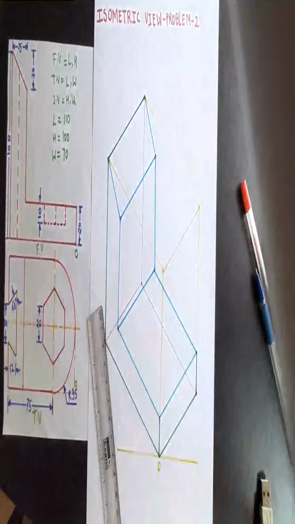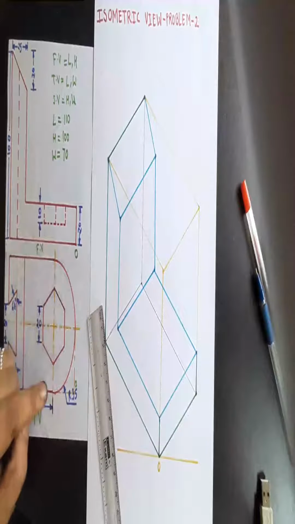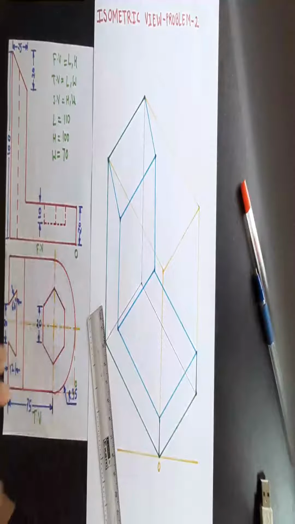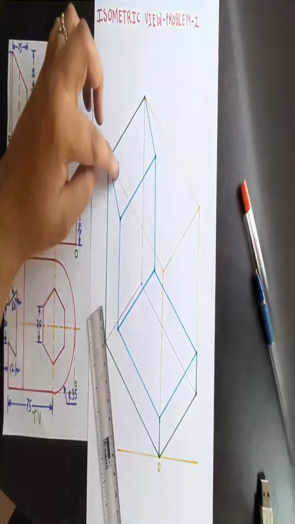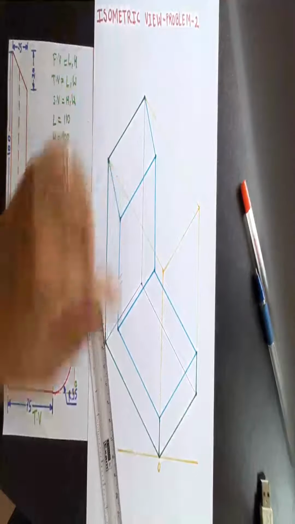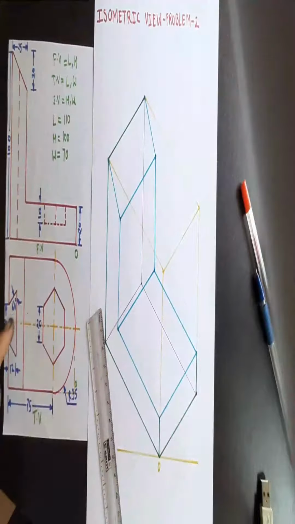From this diagram you can imagine a little bit what type of object is there. There are a few differences of course, like this slot as well as this one as well as this curve. So we are supposed to complete them one by one. So let's start with this slot. Now in this slot you can see that the angle given here is 60 degrees. Now let me tell you one thing, you can't draw by angle in an isometric view because it is already at a 30 degree angle. So if we draw it by a 60 degree angle, it will be something different. So instead of taking the angle, draw this diagram in a plane separately and find these distances.